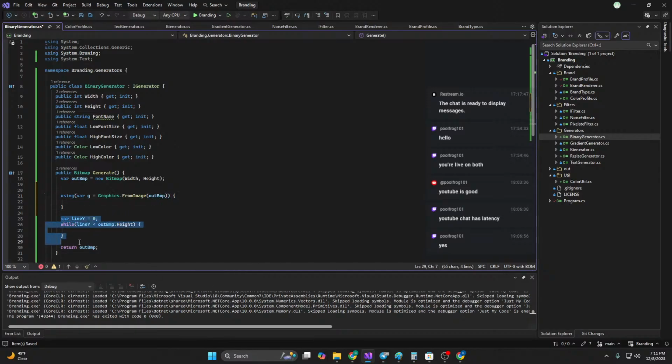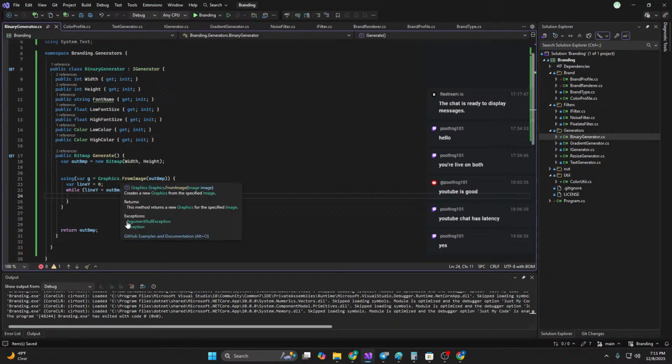We'll just do all of our stuff with that graphics context. So line y 0, line y is less than out bitmap height. Here, so first, okay, we need to pick a font size for the line, and so for now we're just gonna do